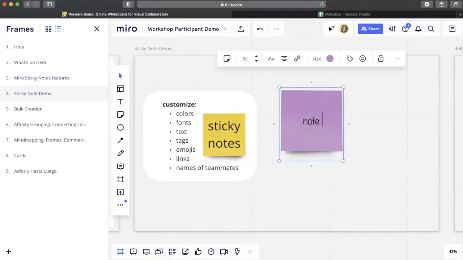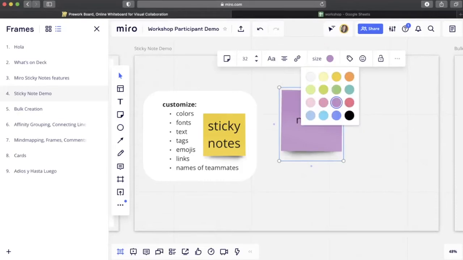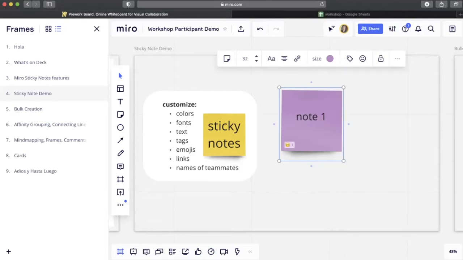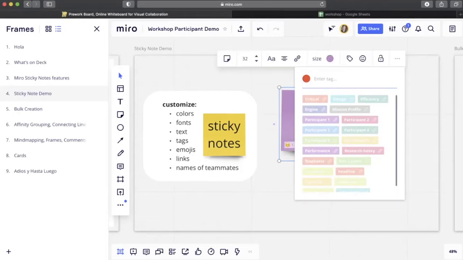The cool thing about this is that right now I have it in a certain style, but I can easily change it if you don't like that. You can change the color, you can add an emoji to it, and you can add tags. Tags are really important, possibly in the session, where you might want to say that something is critical. Who knows? You might want to make something up,